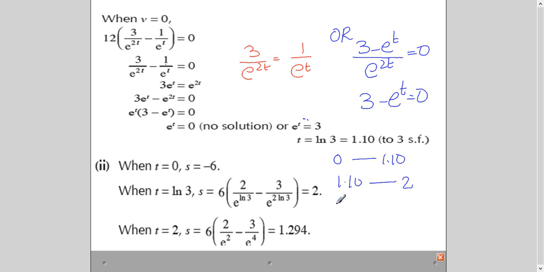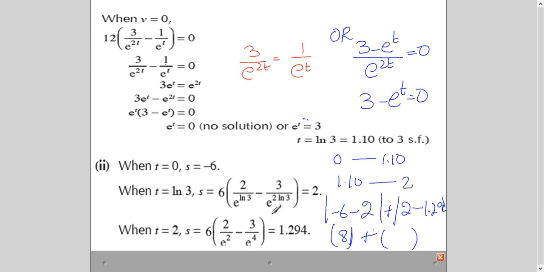So without drawing a diagram, if I want to solve the way I have solved earlier, what I will do, I will find the distance covered in 0 seconds is -6, and the distance covered in this is 2, plus distance covered in 1.10 seconds is 2, minus distance covered in 2 seconds, which is 1.294. Now you solve it, it is -8, which will be 8, right? Because modulus will make it plus 8, plus whatever the answer will come from here, add them, and then you will get the distance covered in the first 2 seconds.